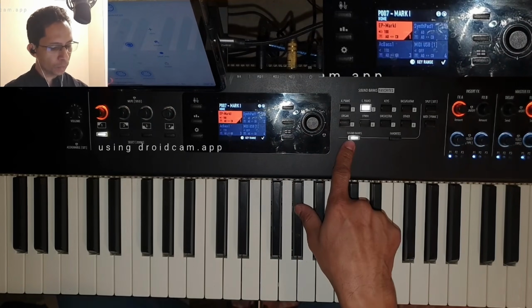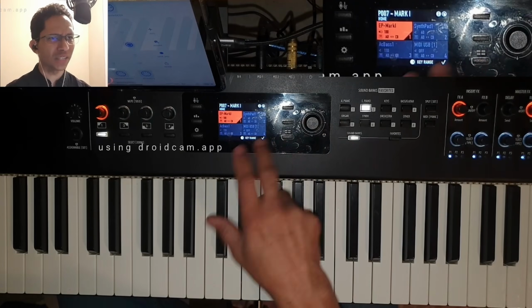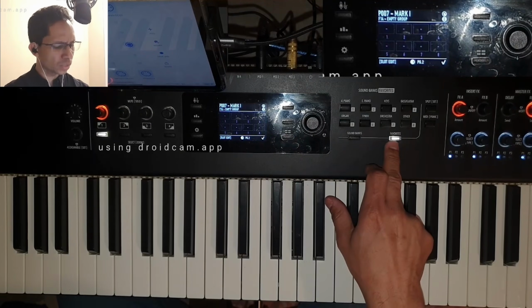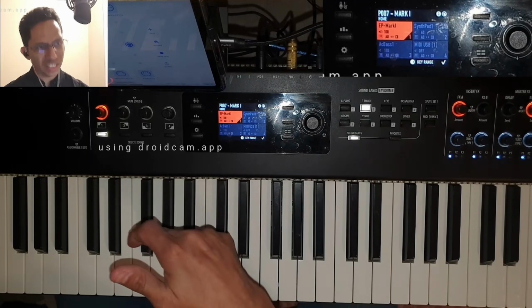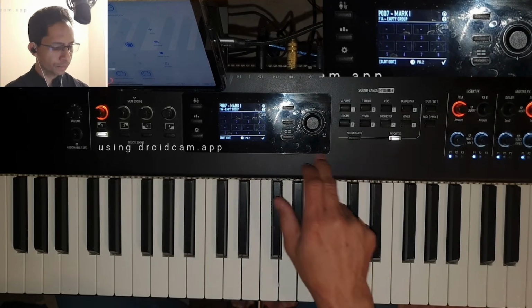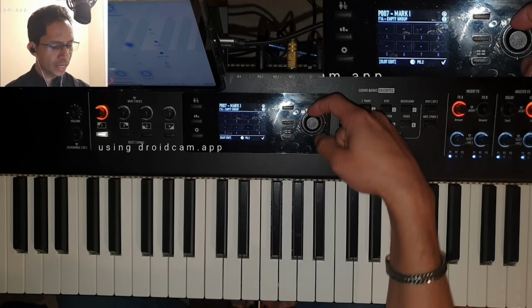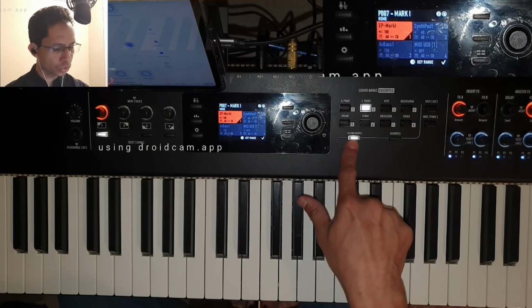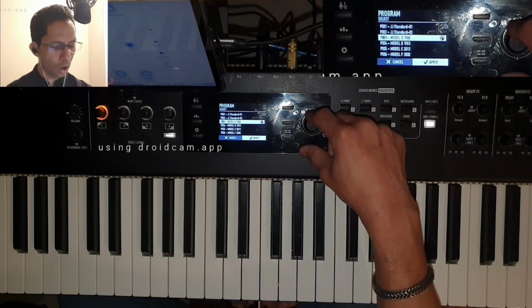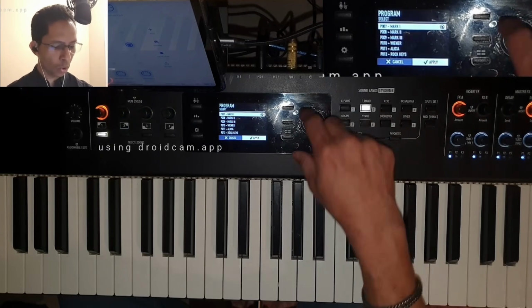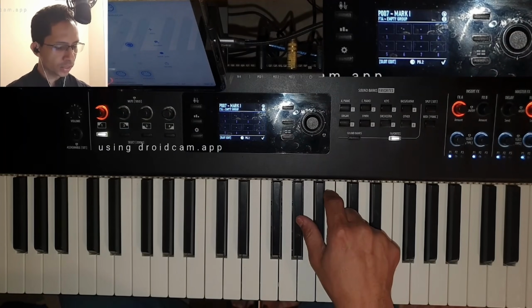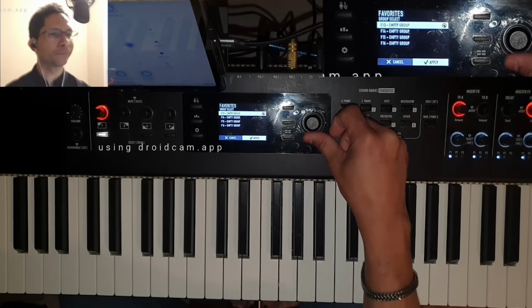For some reason, Studiologic, please, what the hell? If I come to the programs, this is really annoying. Every time I hit this, it should be kept in the favorites. Only when I hit song banks, it should go to the song banks. If I am in the song banks and I hit up and down, it is going to allow me to change the programs. But if I am in favorites and I hit up,